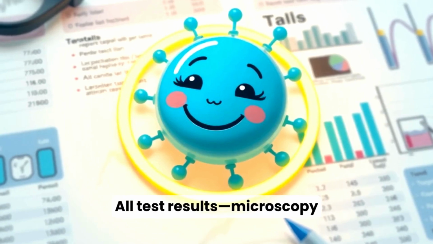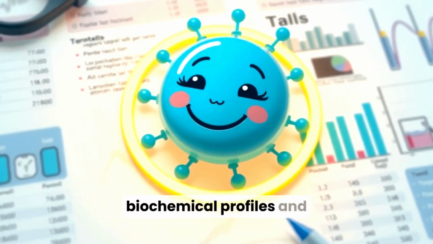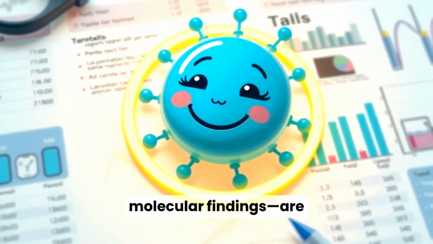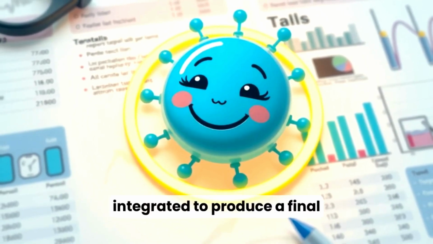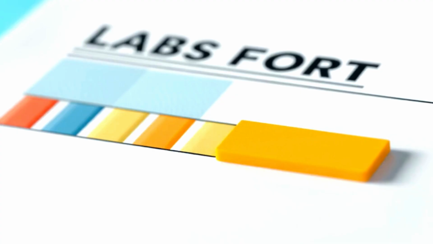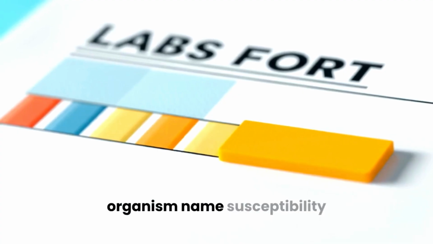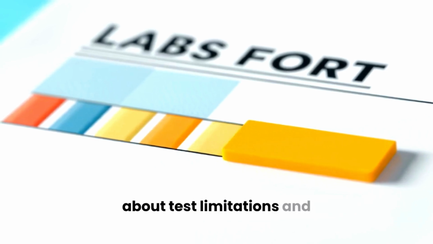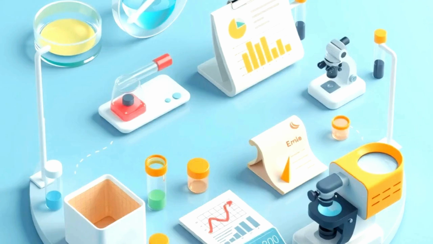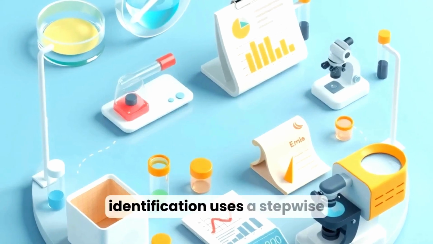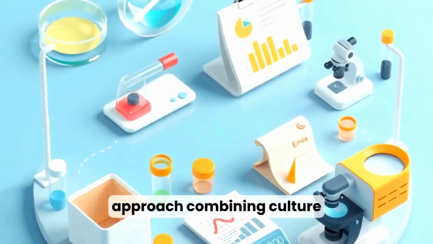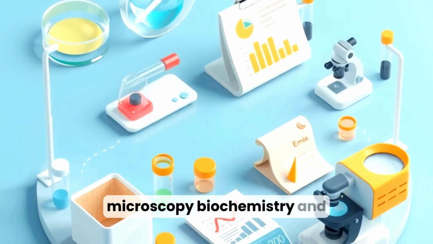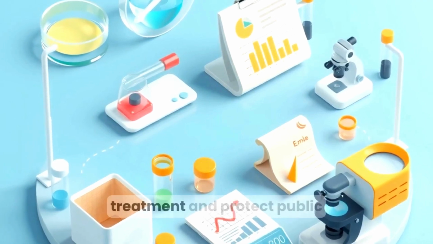All test results, microscopy, biochemical profiles, and molecular findings are integrated to produce a final laboratory report. Clear reporting includes organism name, susceptibility recommendations, and comments about test limitations and next steps. In short, bacterial identification uses a stepwise approach combining culture, microscopy, biochemistry, and molecular tools to guide treatment and protect